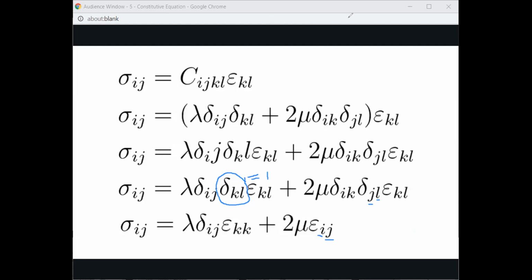Here, na-operate lang pala dito yung Kronecker delta. So here, ang nangyari is that yung K, okay, lahat ng L mapapalitan ng K. So, yung L dito, napalitan ng K dito. So, inoperate lang pala yung delta. Okay? Next is